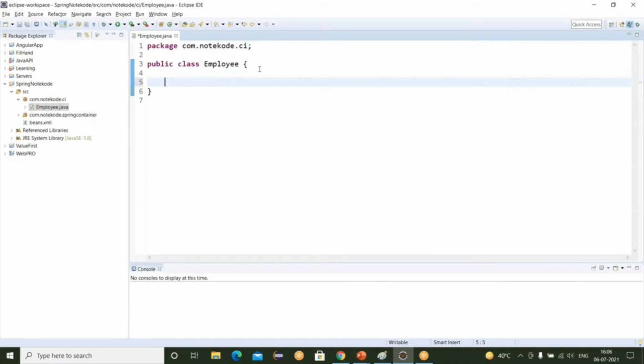Since an employee has some ID and some name, I am taking here two variables, ID and name. Let's say EID. Okay, ename.